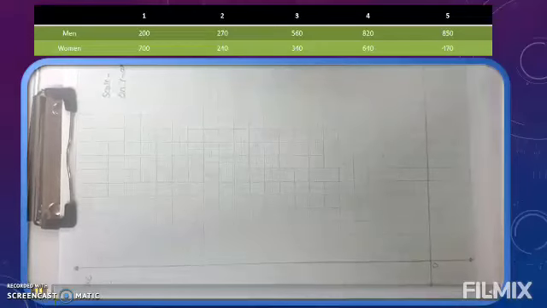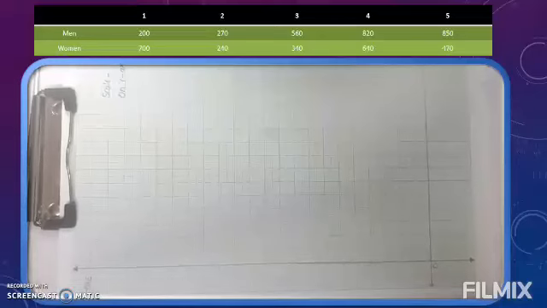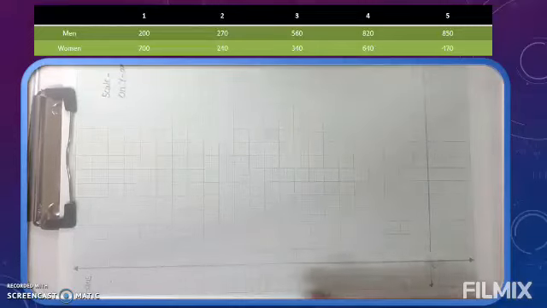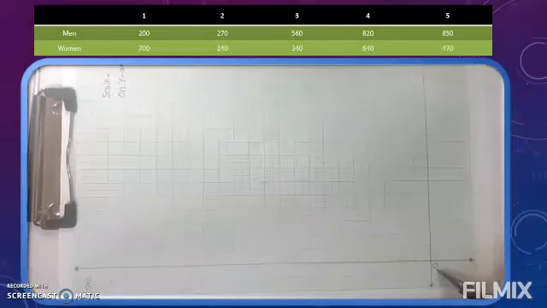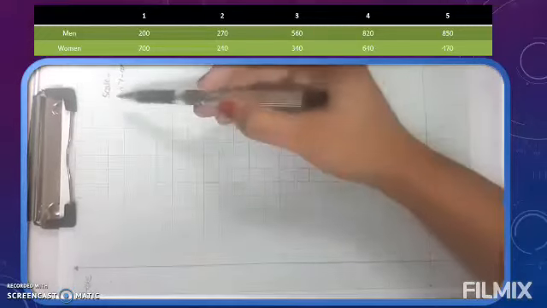Now see the third question. The following numbers of votes were cast at 5 polling booths during the Gram Panchayat election. Draw a joint bar graph for this data. Have a look in the table. Information about two things is given. Booth numbers are given. Booth number 1, 2, 3, 4 and 5. And persons, that is how many men cast their vote and how many women came and cast their votes is given. Now I have already plotted the x-axis and y-axis. I labeled the x-axis, y-axis, and point of intersection as 0.